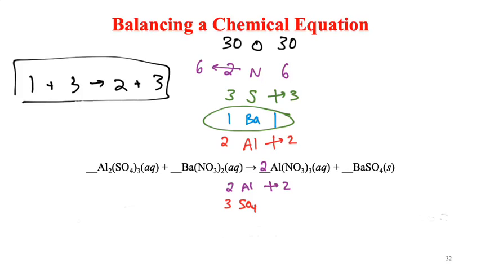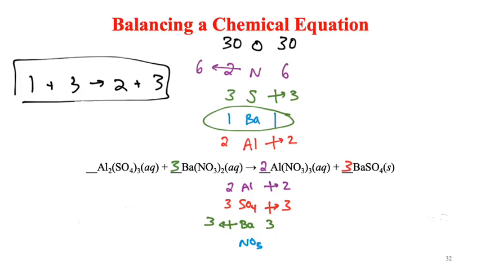3. Sulfates on the right? 1. That's not balanced. How do we fix it? Make it a 3. Okay. I can now move to the next one, barium. How many bariums on the left? On the right? 3. That doesn't balance. What do I need? Okay. So our barium's balanced, and now I'll balance